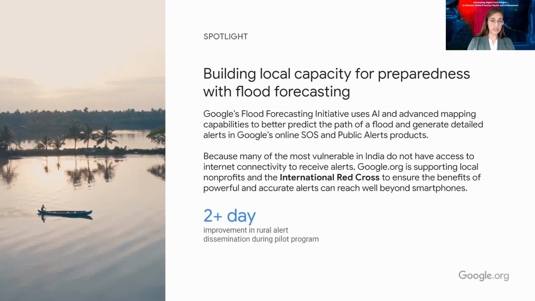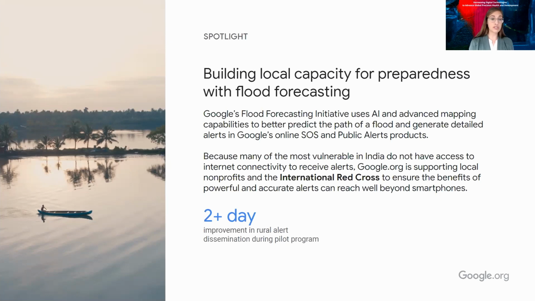And obviously, digital tools in all forms, SMS and WhatsApp groups being formed, but also just word of mouth and using a lot of the ways in which community information flows already. Some communities use flags to raise down the river to say, hey, a flood might be coming. Some communities use literally musical instruments to try to get more information out. And so partnering with this network of people alongside the technology has been a really critical input.